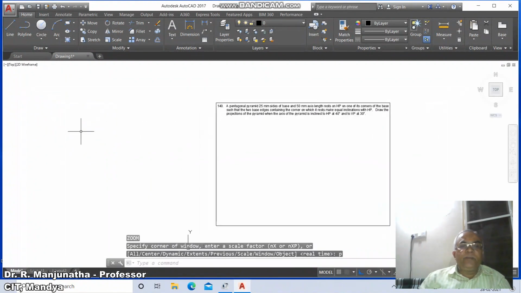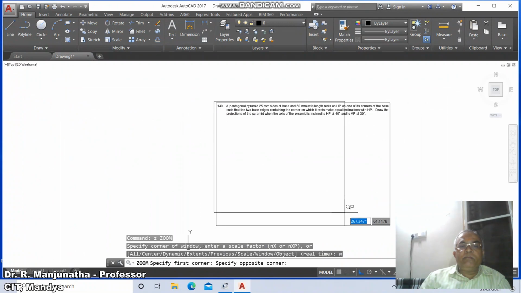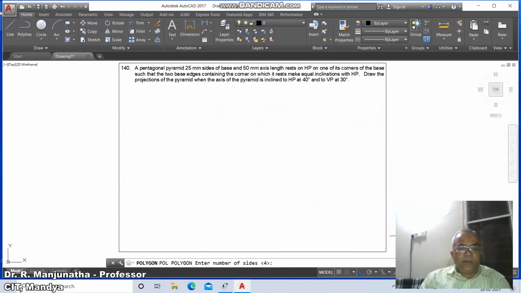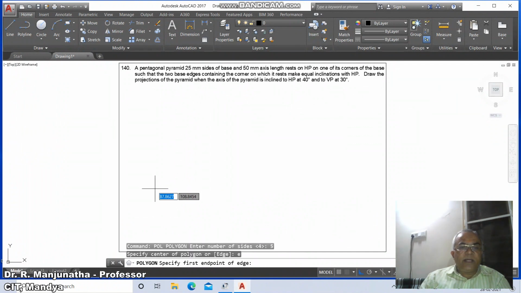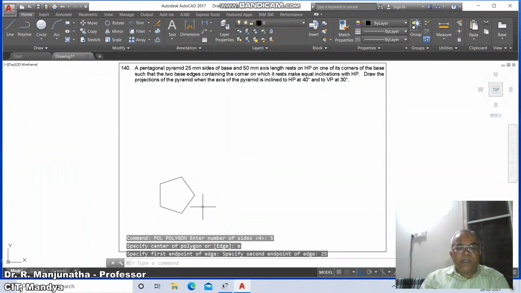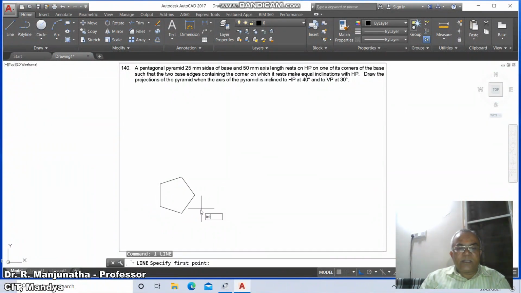Zoom previous, then go to zoom window, then go to polygon, take number of sides as 5, take edge, point of edge and you take the distance as 25 mm, and then go to line, take intersection point of this, then perpendicular to this, then go to line, INT of this and then perpendicular to this line.